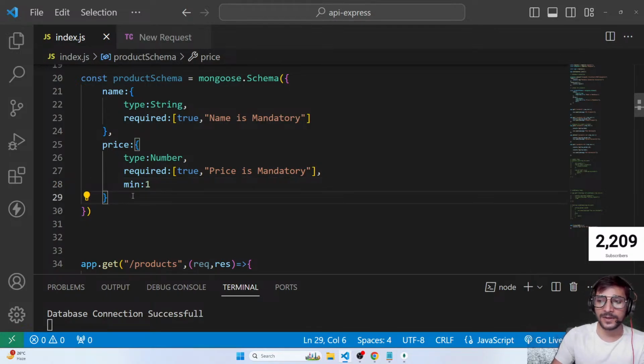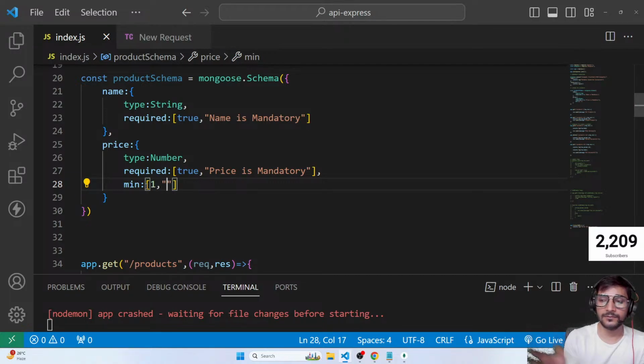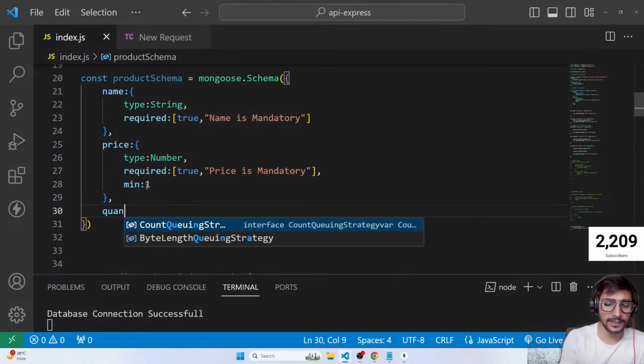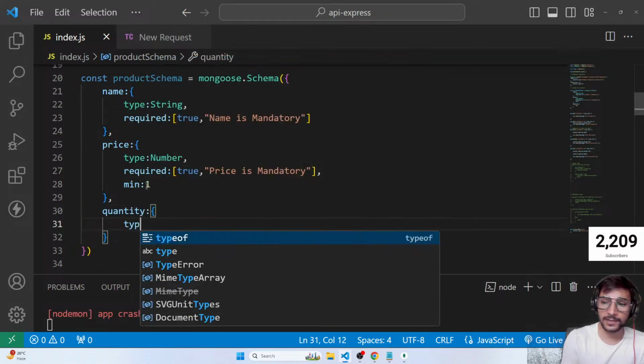And guys, if you want to put a message, you know, right? Put it in an array, and the second value can be a message. But not right now, that's fine. Just for handling the error. Then we can have a quantity, which will be again of type